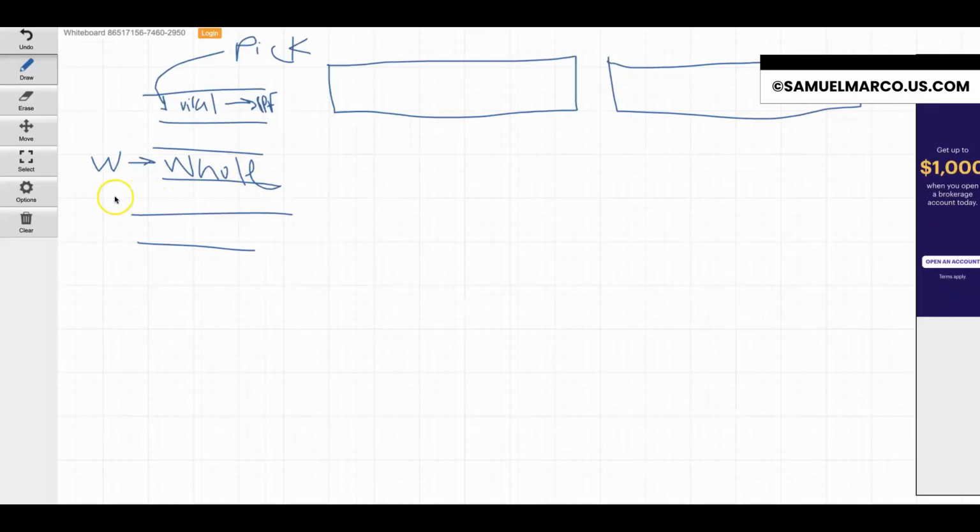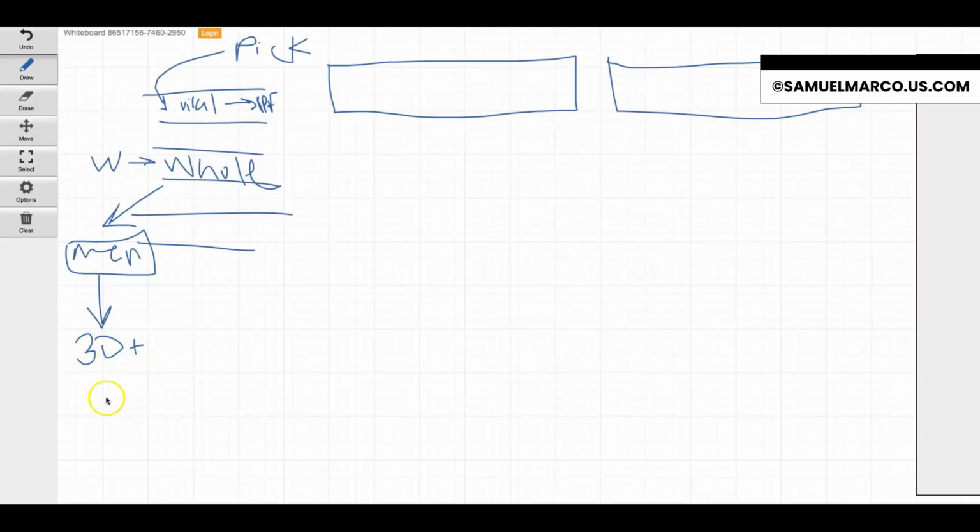However, you can narrow that down even more, so you can target men. Not only can you target by men, but then you go to men that are over 30 years old, because typically, once we as adults get to our 30s,